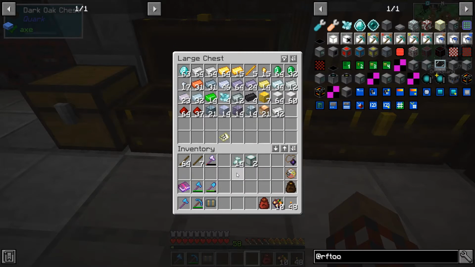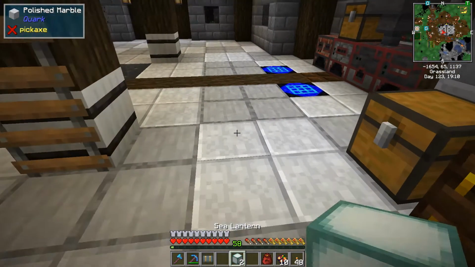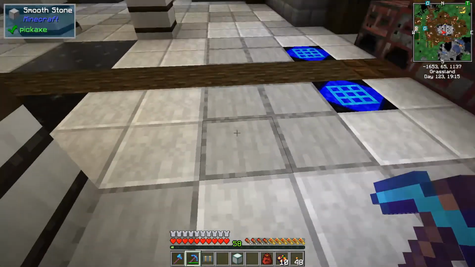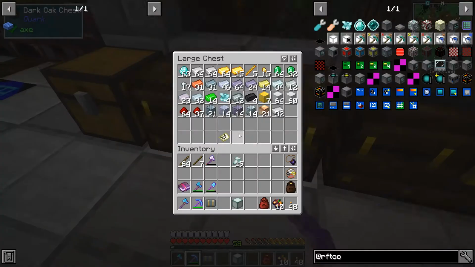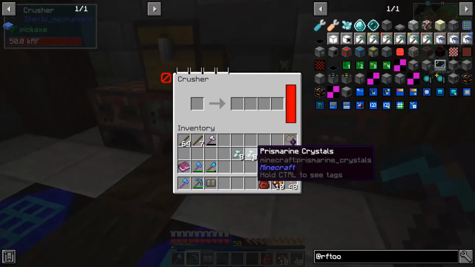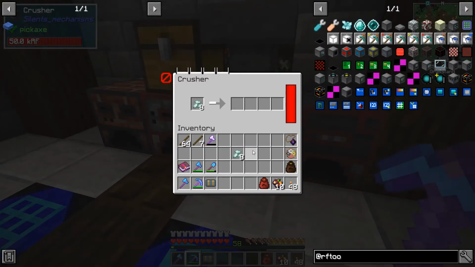So I've got 14. However, I need 16. Let's break this. And I have 16. Okay, cool. So I'm going to put you down and grab you and my crusher. You're going to get me some prismarine,